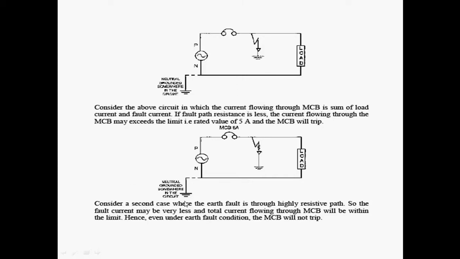Consider a second case when the earth fault is through a highly resistive path. So the fault current may be very less and the total current flowing through the MCB will be within the limit. Hence, even under earth fault condition, the MCB will not